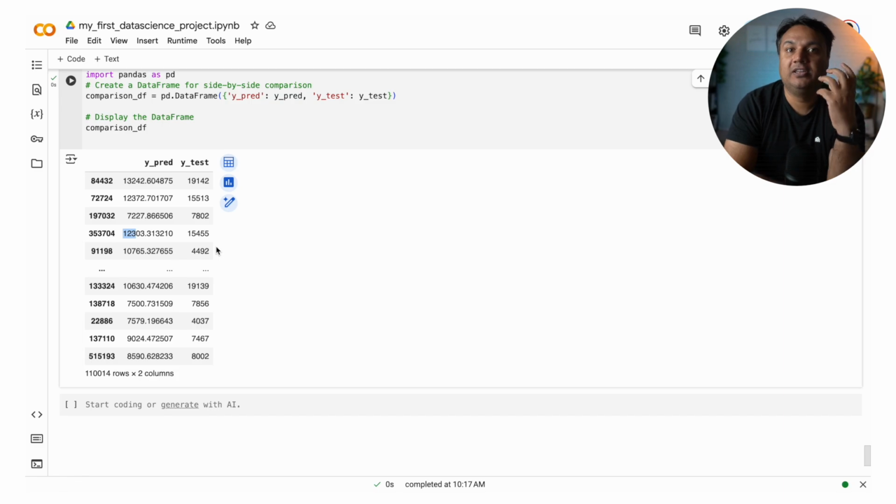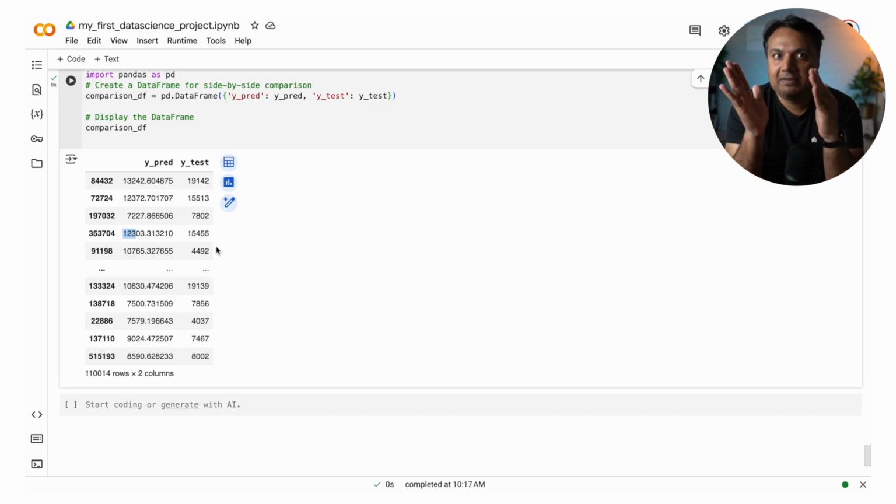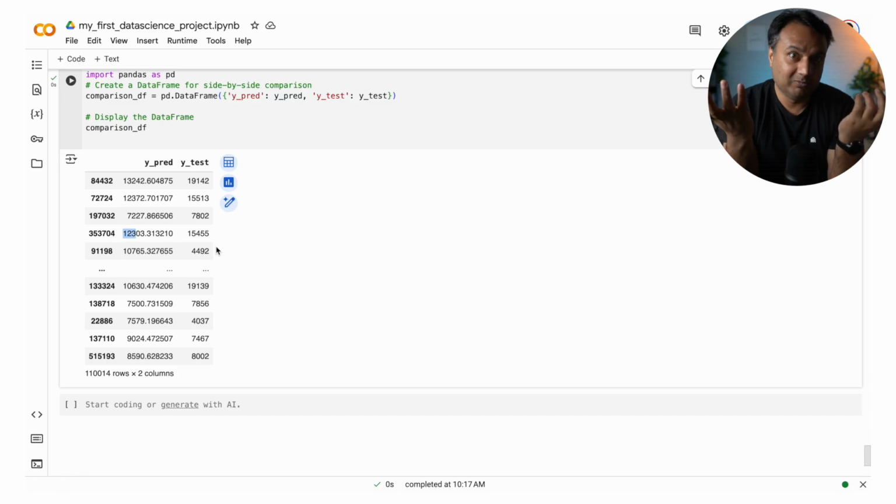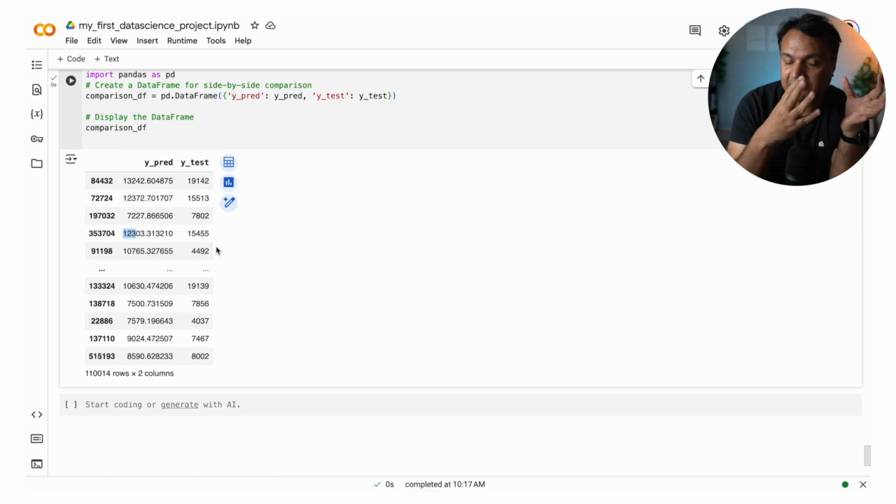And based on that, you can say which customer has interest in what kind of product, how much they are expected to spend on it, and in which product they would not be interested in spending, in which product they'll be spending more money. And then you can send targeted marketing campaigns to them. You can offer them some discount coupons for the products which they'll be actually interested in buying. So there are just so many use cases where you can leverage these findings.